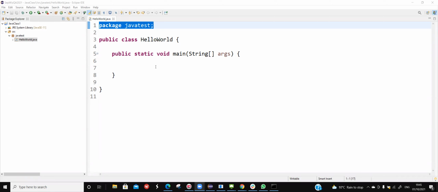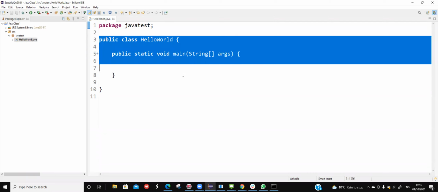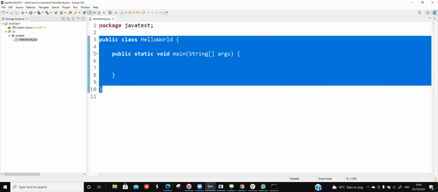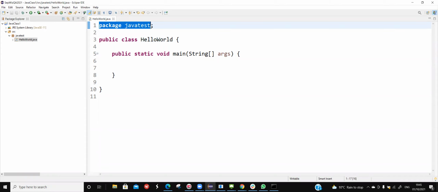So I'm talking about the public class hello world, and then it is under a package. When you are ending a statement in Java, these are not statements, okay? But this is a statement. When you're ending a statement in Java, you will end